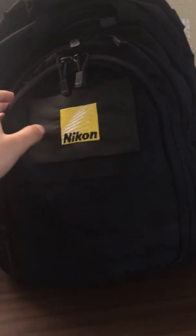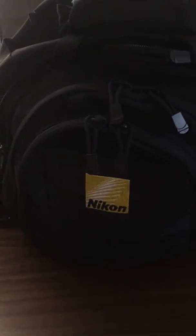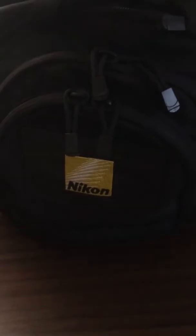Another thing is that this pack is a bit on the heavy side. Now, when I first tried it on, I tried it with absolutely nothing. No hydration reservoir, no binoculars, nothing here. It's absolutely empty. When I first put it on, the first thing I noticed was, wow, this pack feels heavy, even for a sling, and I was wearing it with nothing in it. I think maybe it's because of all the extra nylon webbing, just extra material. I imagine it's like that to make it more durable, which is nice if you're looking for a very rugged pack that'll survive the elements, the wilderness, and can take a beating and not